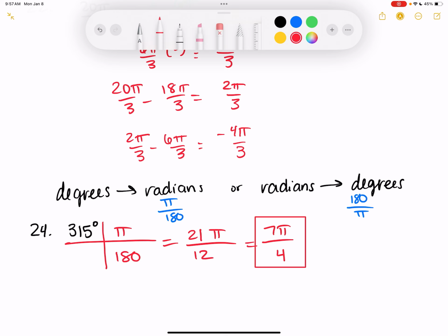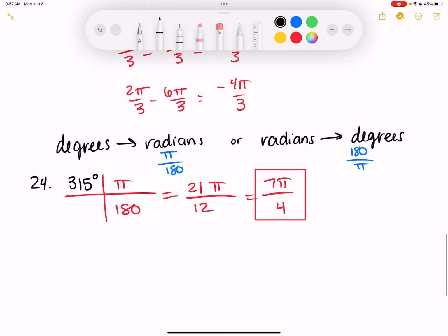Now, if you go on your unit circle, because that was a known value, 315 is a known value, all you would have to do is look and see that it is 7 pi over 4. But they won't always be known values, so you won't have to do anything. But